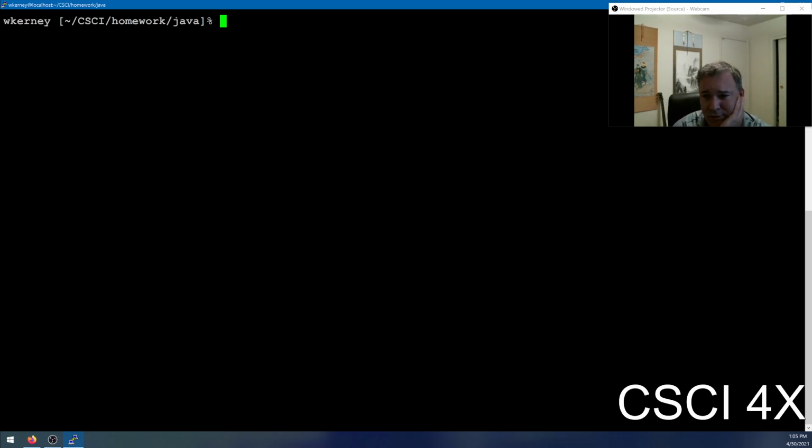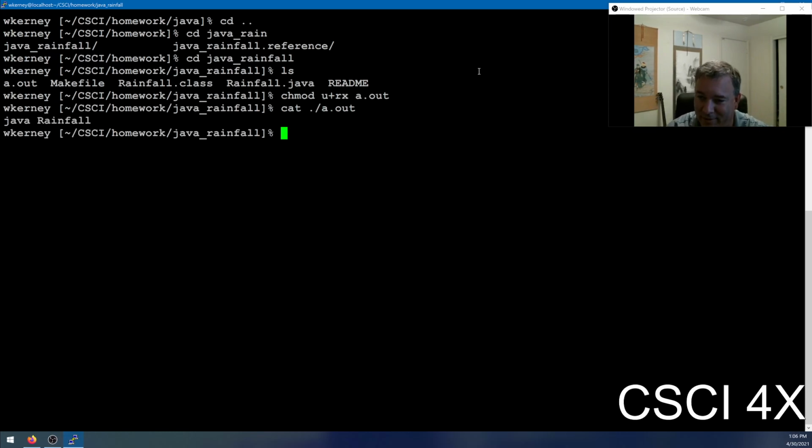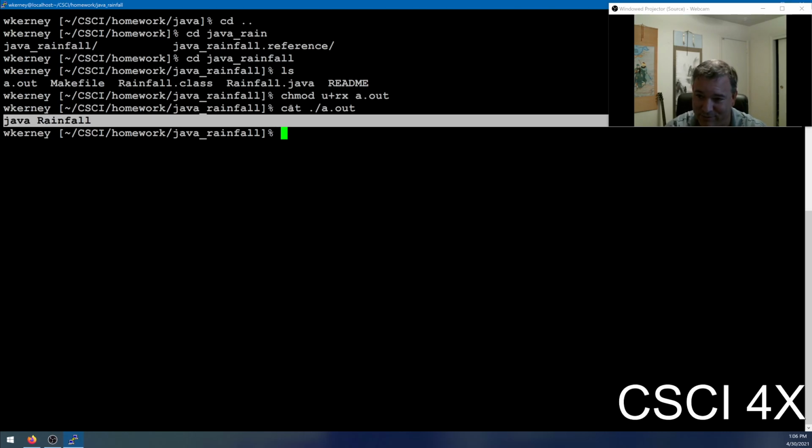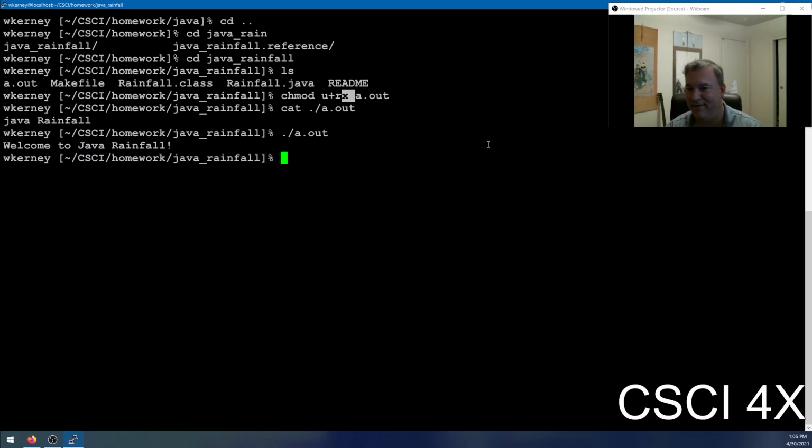So that's Java in a nutshell. Yeah. Java Rainfall, I guess, needs an auto grader. You might notice there's something called a.out in it. You might want to run this command here to make it executable, because the a.out is actually not an executable. a.out is a text file, and the text file contains the words Java Rainfall, right? So if you remember how Unix works, if you set the execute bit on a text file, if you make a text file executable, then any Unix command you have in there gets run. And so, because you guys are used to typing a.out for stuff,